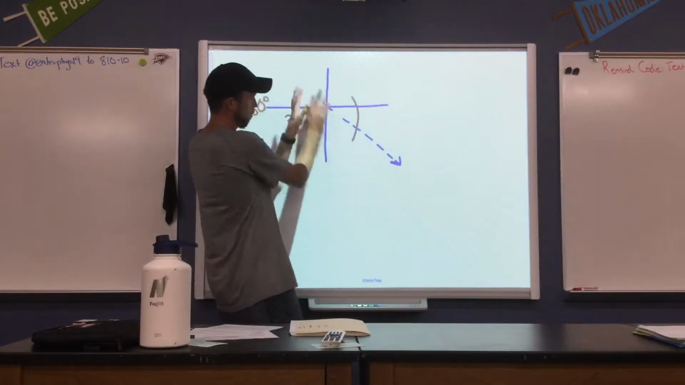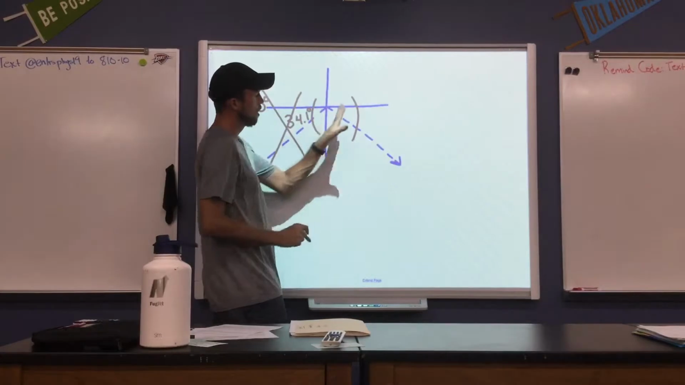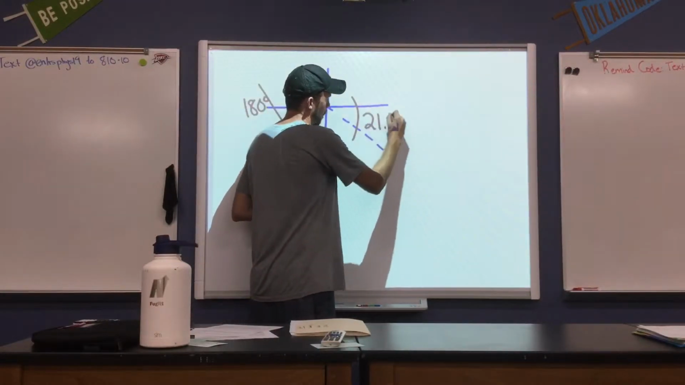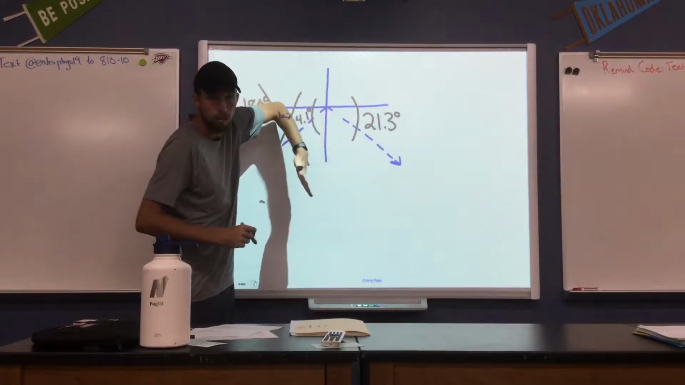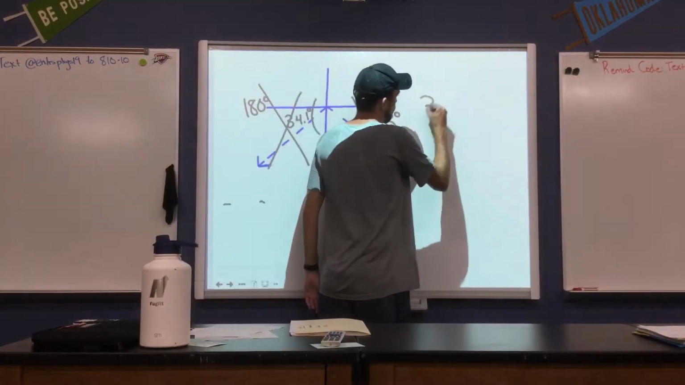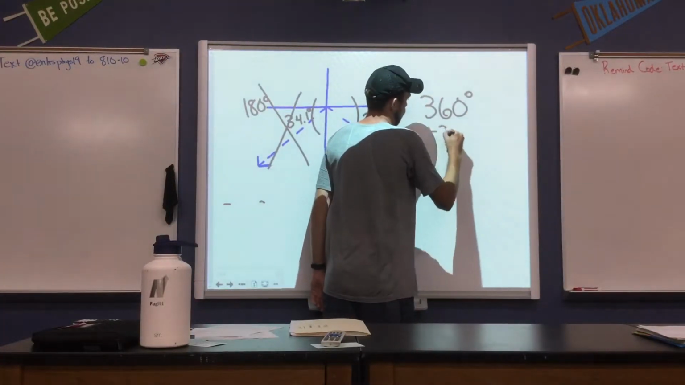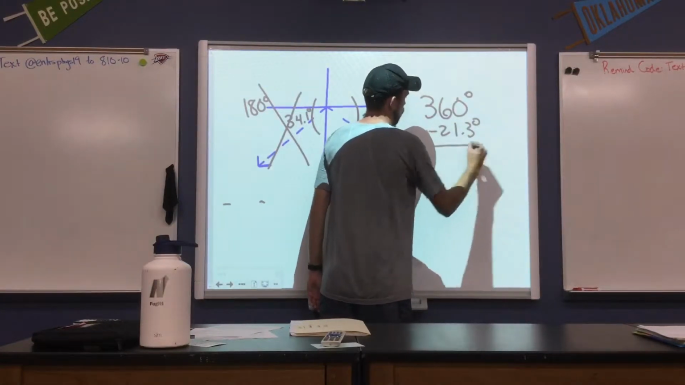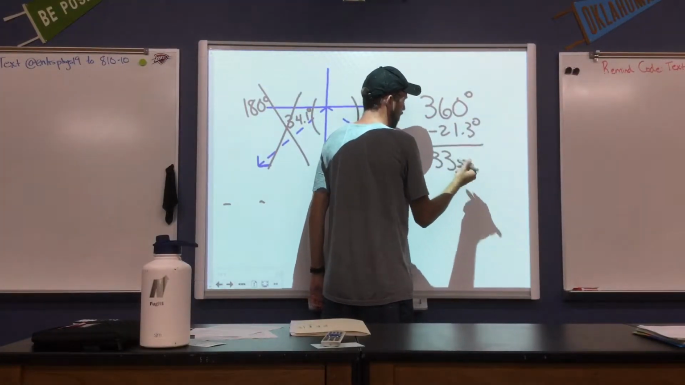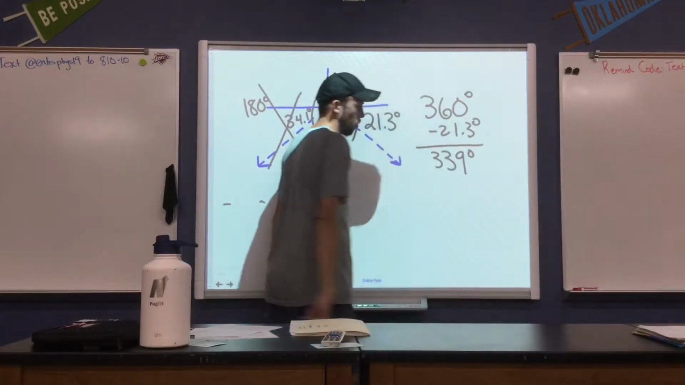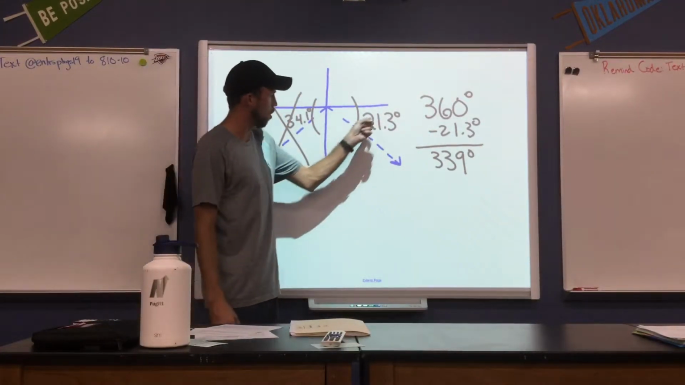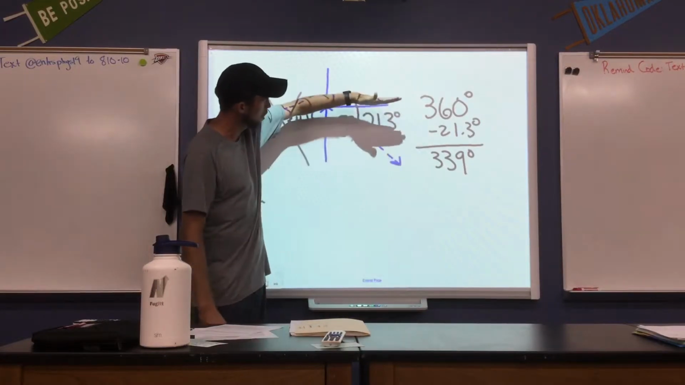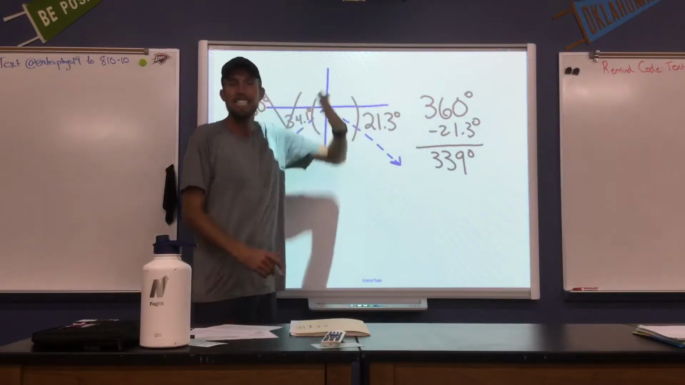So the angle here, forget that this even exists for right now, this angle here is 21.3 degrees, and that is 21.3 degrees down from 360. So we'll take 360 minus 21.3. We end up getting about 338.7. We can call that 339 degrees. You can also, if you wanted to, just call that negative 21.3, since it's 21.3 degrees down from zero,